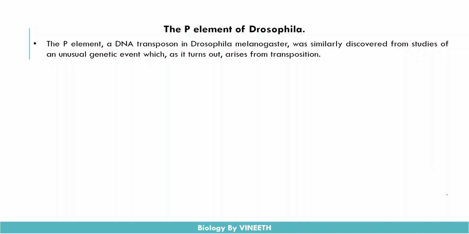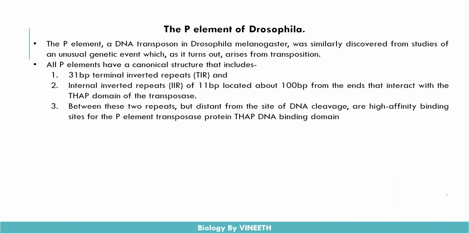Okay, then we have the P elements in Drosophila. These P elements are majorly responsible for hybrid dysgenesis, that is the production of a sterile hybrid, when you cross a female laboratory strain of Drosophila with a male wild type Drosophila strain. Why does it happen? Because this P element will be performing robust transposition activities inside the female Drosophila,